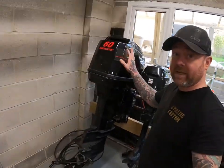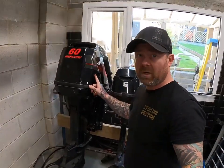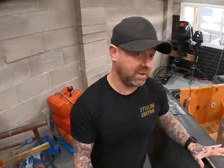This was my old engine, which is a Mercury 62-stroke, which pushed my rib, which is a 5-meter rib, which weighs nothing, by the way, to probably 52 or 55 miles an hour on my GPS, right? So it shifted with that 62-stroke. However, now what I've picked up is,